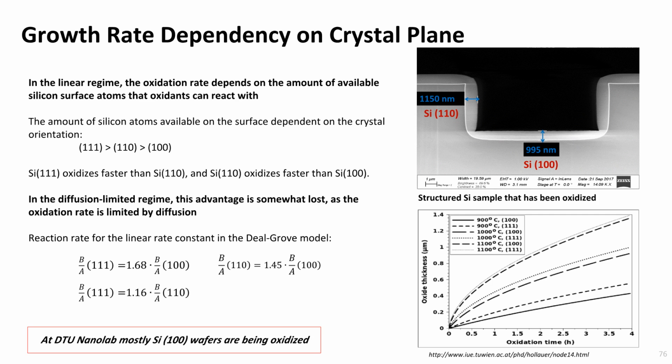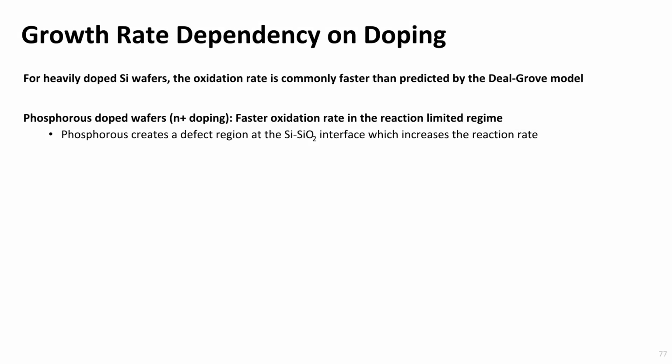At DTU Nanolab, we are mostly working with silicon <100> wafers, where the surface is a <100> crystal plane. As users are required to measure the thickness of the grown oxide layer on the surface of a silicon test wafer, measurement results shown in the process logs in Lab Manager are always representing the thickness measured on silicon <100> wafers. The growth rate can be influenced by N-type and P-type doping of silicon, with generally faster oxidation rates than